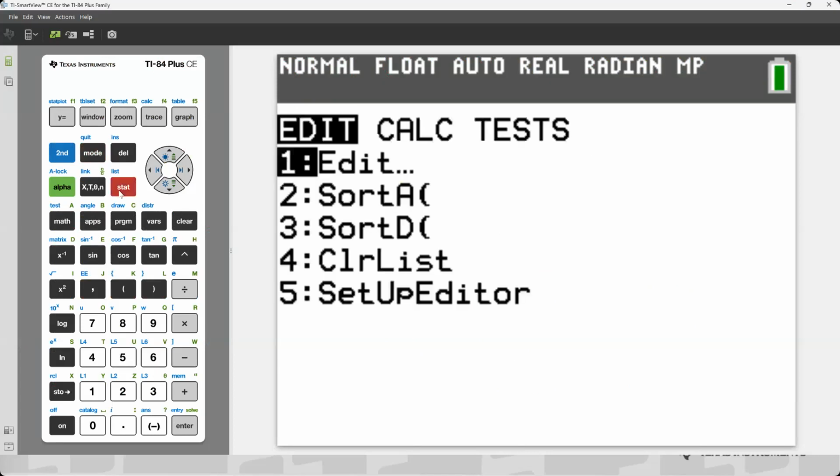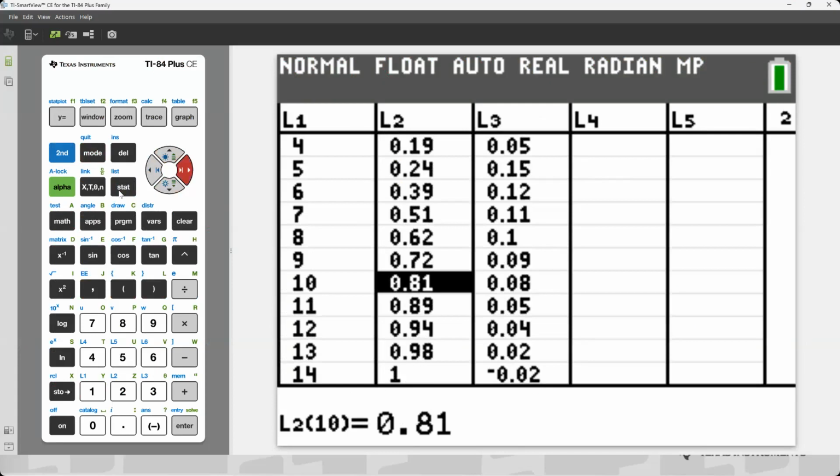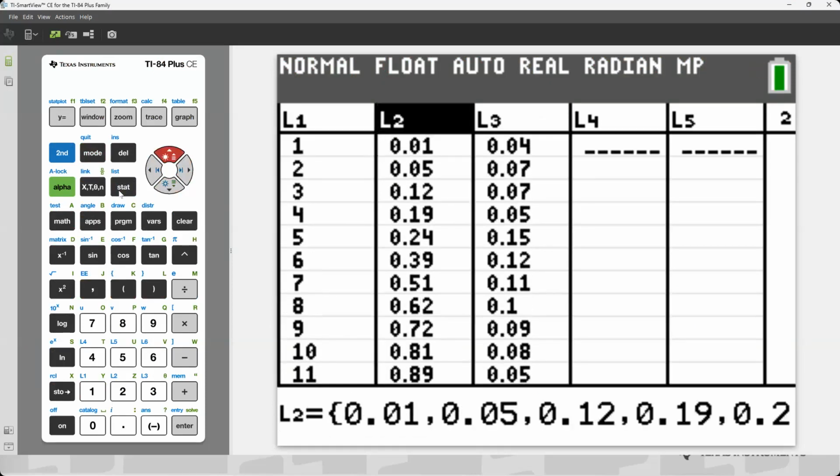So I went ahead and put it into my stat, and I hit 1 for edit, and I put in my estimates here. So I know the days of my lunar cycle, and then I played around with this idea for my L2. I used a lot of your same ideas: I realized the beginning and the end of my cycle should mirror each other, so I tried to include that in my list too. And then sometimes I just found the average between the values if I wasn't sure, because that's what my kids would have done.